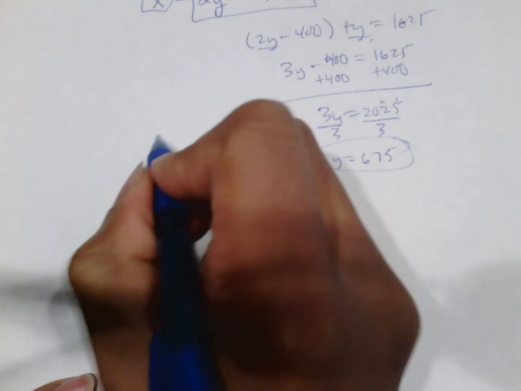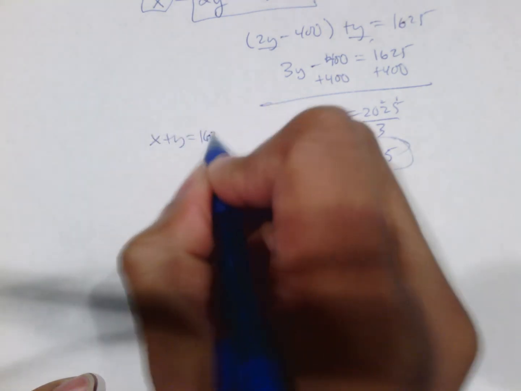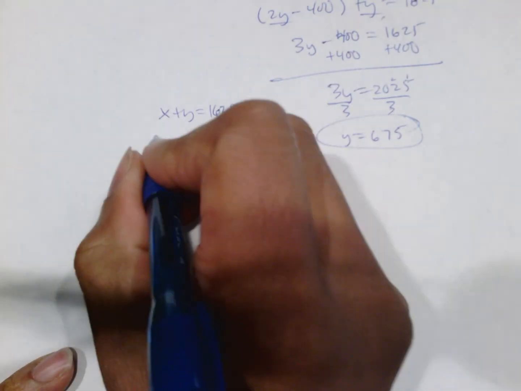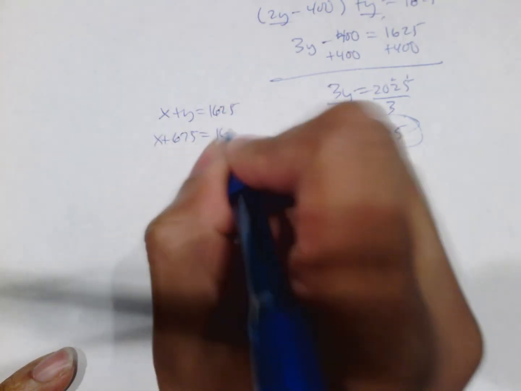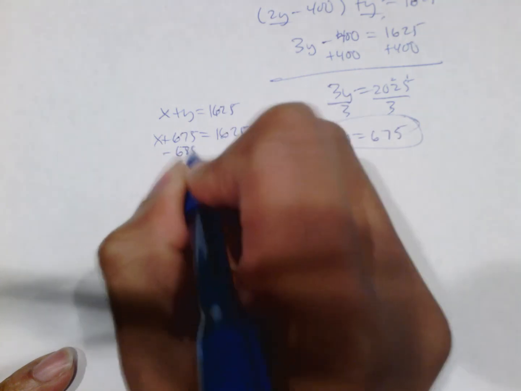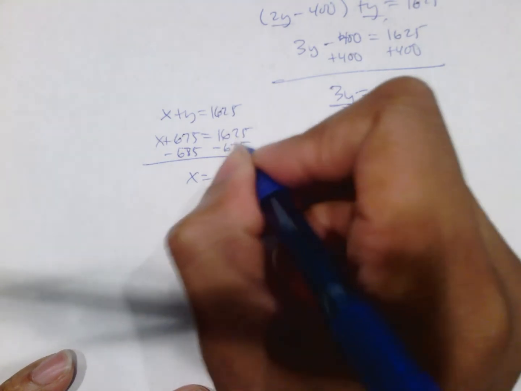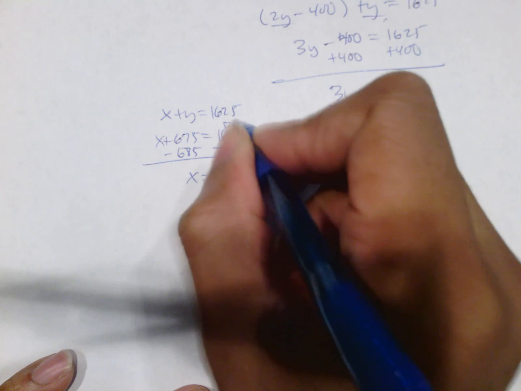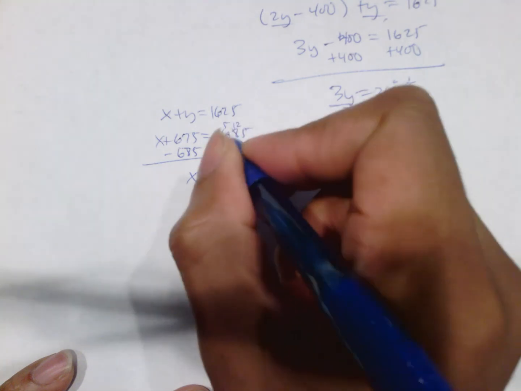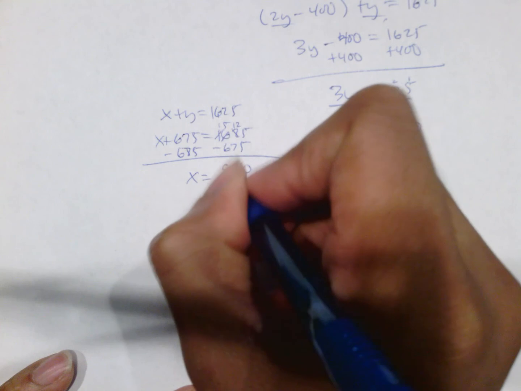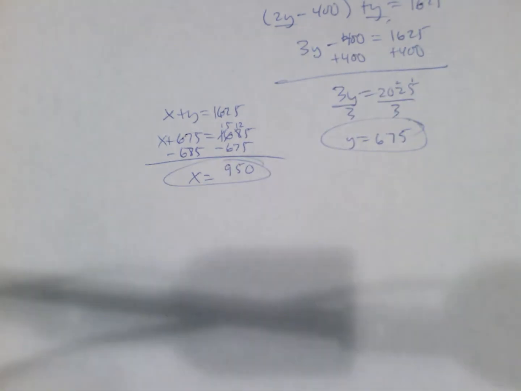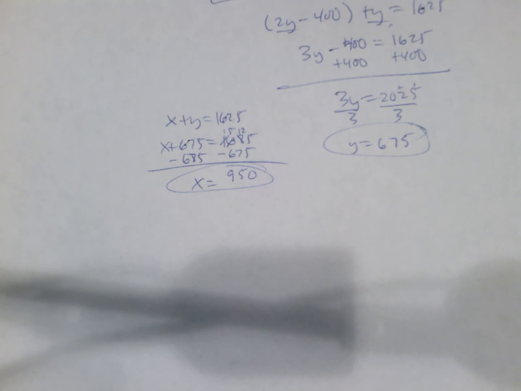And then from there, again, we go ahead and we put x plus y equals 1625 because that is the total for your initial equation here. I just got it back from up there. And you will now plug in 675 for y. So x plus 675 equals 1625, and we have a nice subtraction problem to do, again with no calculator. So x equals, this would be 0. I cannot do 2 minus 7, so I have to borrow from this 6, turning this into 12. 12 minus 7 is 5. I cannot do 5 minus 6, so I make that 15 minus 6, which is 950 students in that one. It's been a long time since I've done long division, or long multiplication, or long subtraction either. Anyway, with all that done,